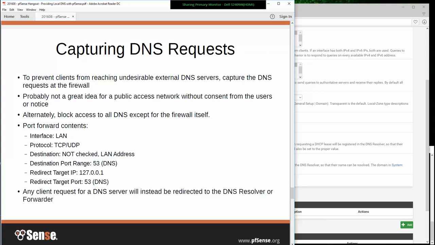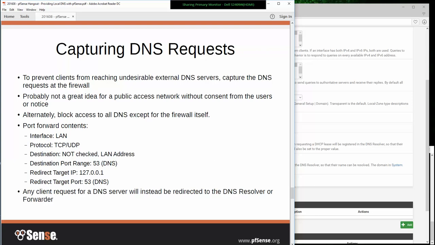It also provides a little bit better user experience because you don't have to deal with calls from people who have manually set DNS servers on their computers and they don't know what they're doing, or they don't realize they're there. It's all just going to work without having to think about it. An alternate tactic to this would be to block access to all DNS except for the firewall itself, and then if they try to set some other DNS server, they wouldn't get connectivity, because those DNS servers are down. But if after all that, you still want to capture these DNS requests,